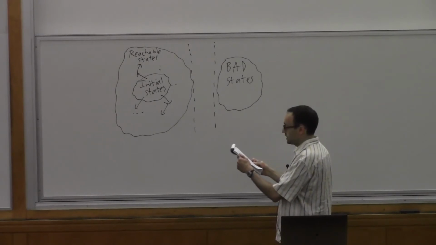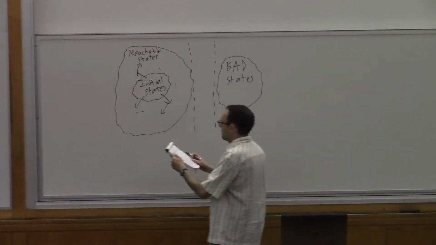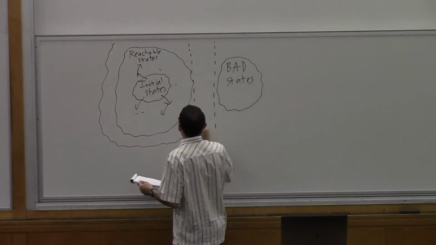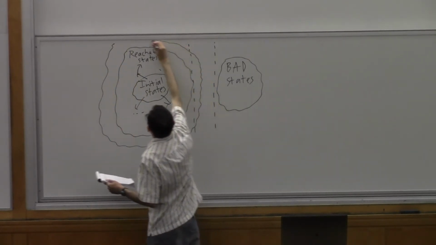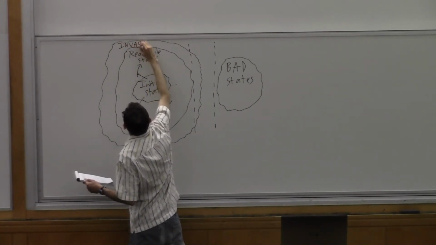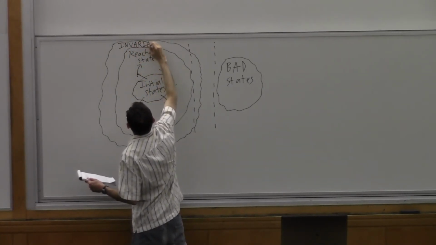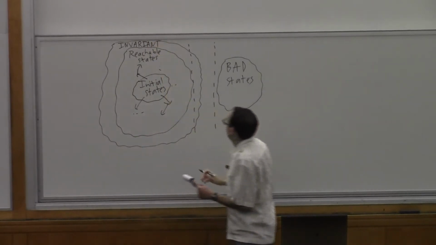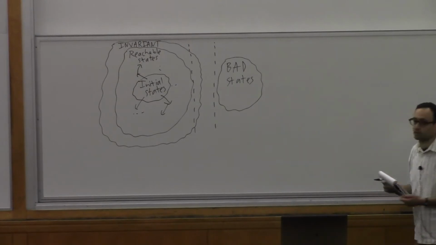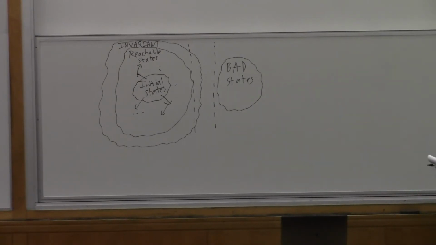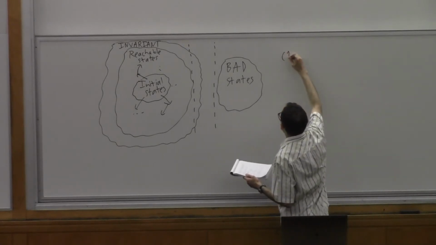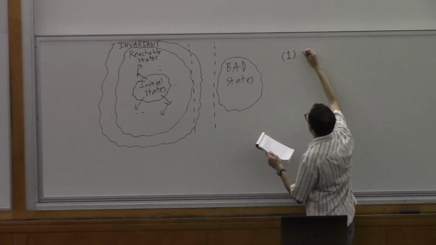Often, it's a little tricky to prove this property directly. So what we might do is approximate the reachable states and head over and narrow this alley a little bit. And we're defining another state, or another set of states called the invariant. And as long as the invariant still doesn't intersect with the bad states, we can use it to do a proof that the bad states are unreachable. And there are three basic properties we have to prove to do that. One is that